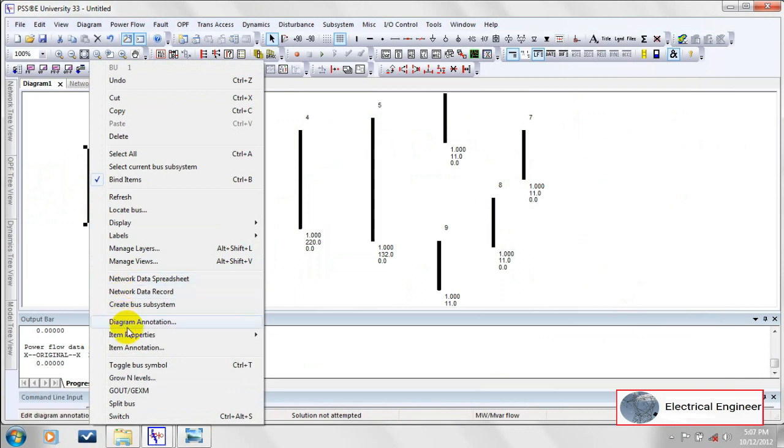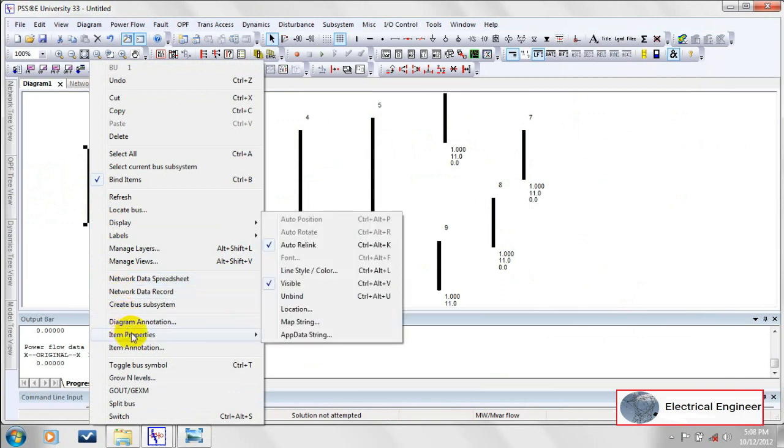The width and the color of bus can be changed by clicking on line style.